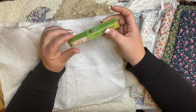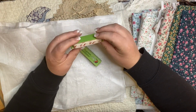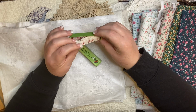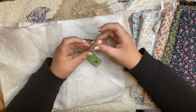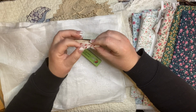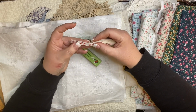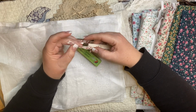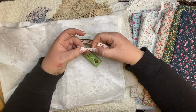They're a little bit larger. And I saw these on Etsy, and they were smaller. And so these are probably not even 3/8 inch wide. My other ones I think are about 1/2 or 5/8. And I found these are my grandma's initials, and so I picked them up because I just think they are